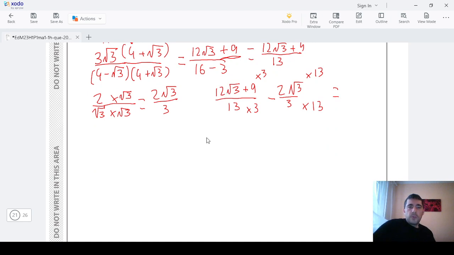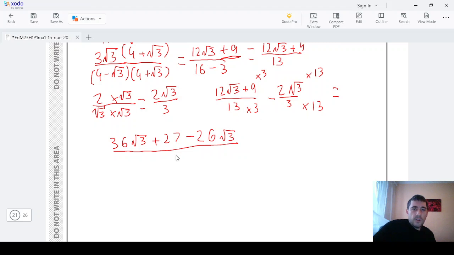3 times 12, 36. I just get 36 roots of 3 plus 27, take away 26 roots of 3, and all that over 13 times 3, which is 39. Right, so last step is just collect like terms in the numerator, so 36 take away 26 makes 10